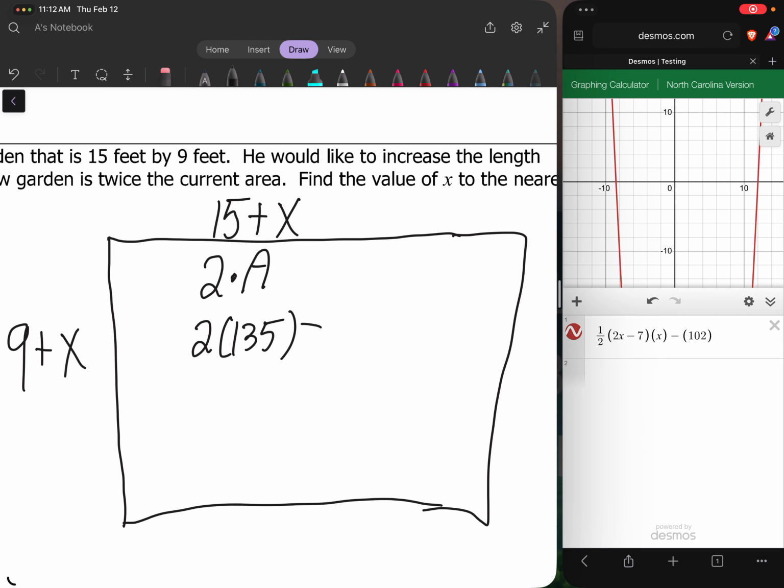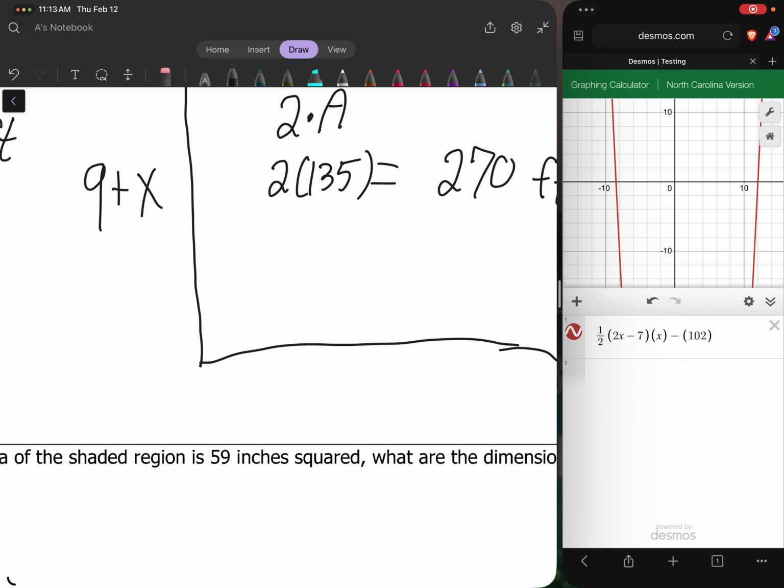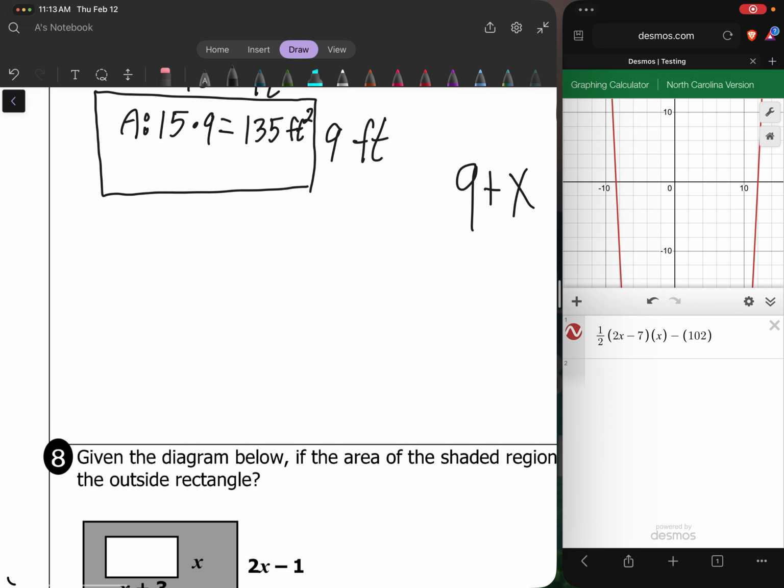So I want a grand total of 270 square feet of garden. To get this, I'm going to be multiplying 9 plus x times 15 plus x equals